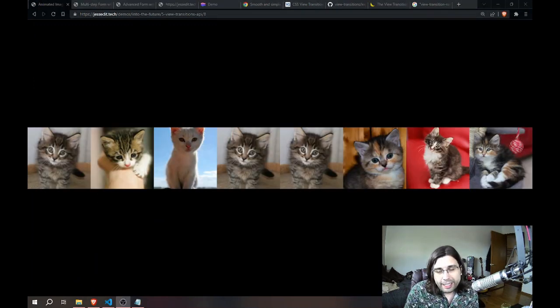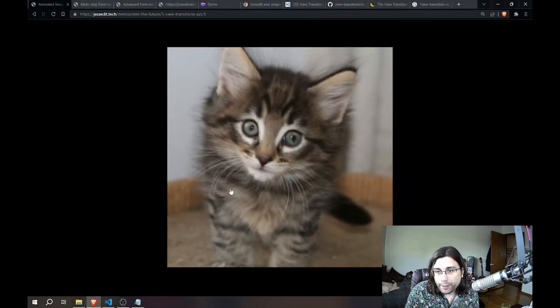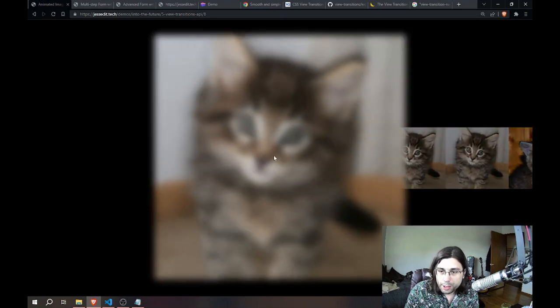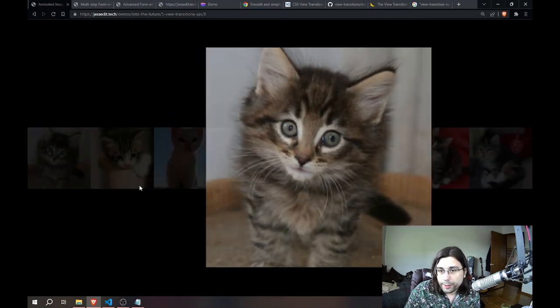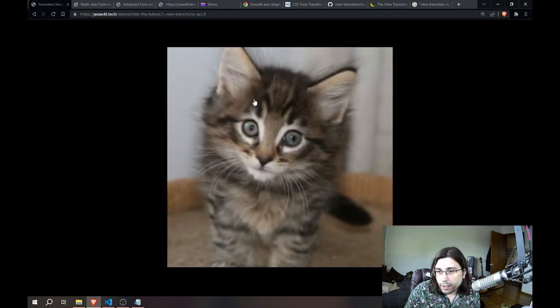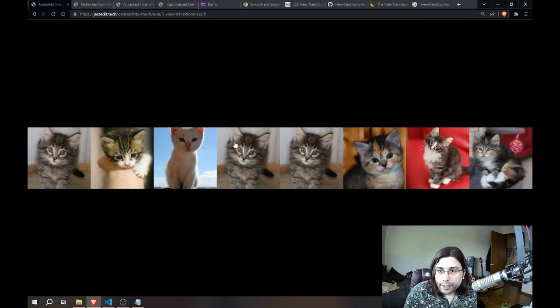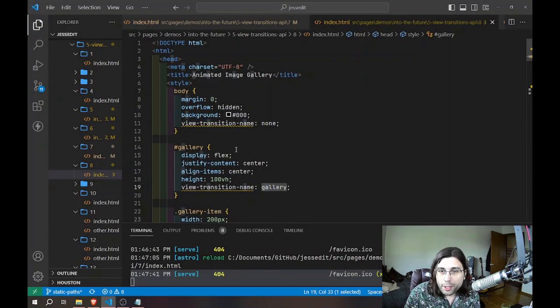And so our final cat gallery is just a fully optimized version using the View Transitions API. As you can see, we have different animations for the active image coming in and going out. And then we also have animations for the gallery that slides out and then fades back in. And then if we had something behind here, we could actually opt that out as well, because here we have